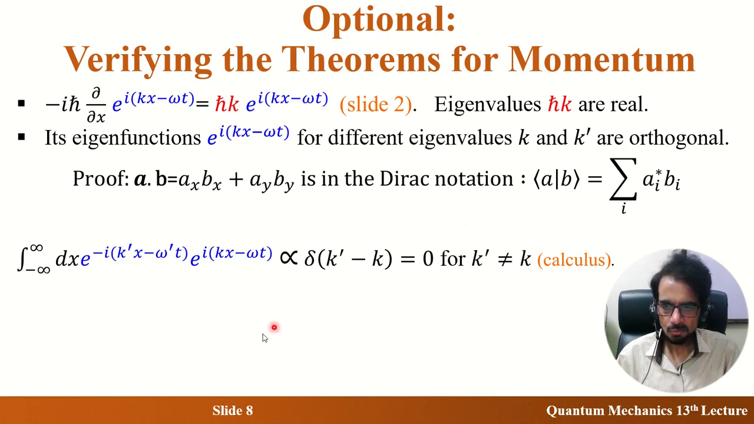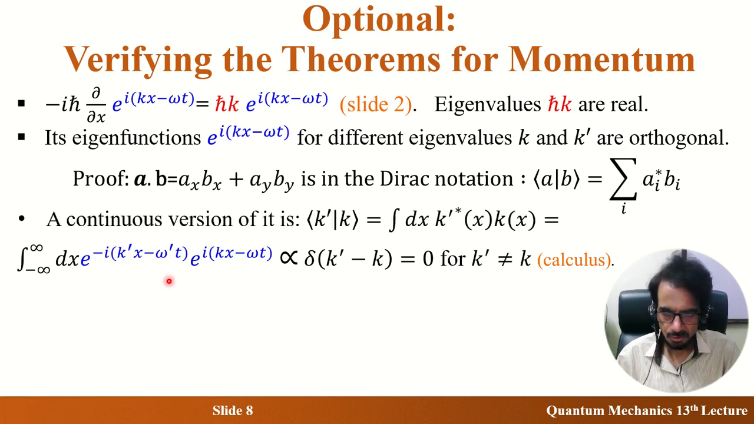And remember what theorem 3 was? Theorem 3 says that eigenvectors form a basis. Because for momentum we don't know the eigenvector, we know the eigenfunction. So the eigenfunctions form a basis as well. So you know what basis means? Basis means